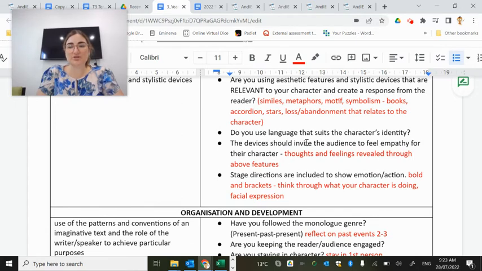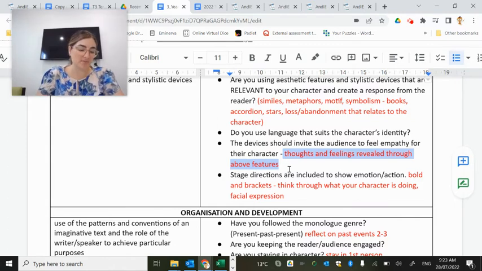The language, is it relevant to your character? Are you revealing thoughts and feelings? Remember, in your monologue, thoughts and feelings are the most important thing to be revealing, because that's what we want in a monologue. It's like we are reading the mind of the character,